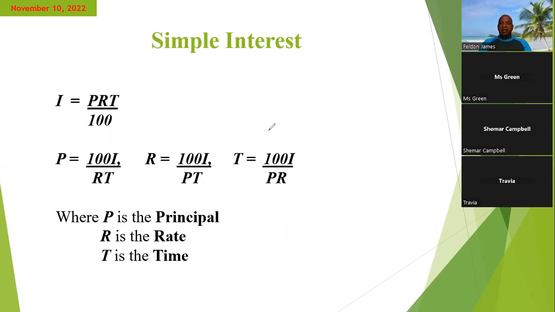But as a practice, we keep the subject on the left side of the formula, all right? However, if you do your calculation and it is on the right side, all you need to do is simply flip around the equation so that you now put the subject on the left and the calculation on